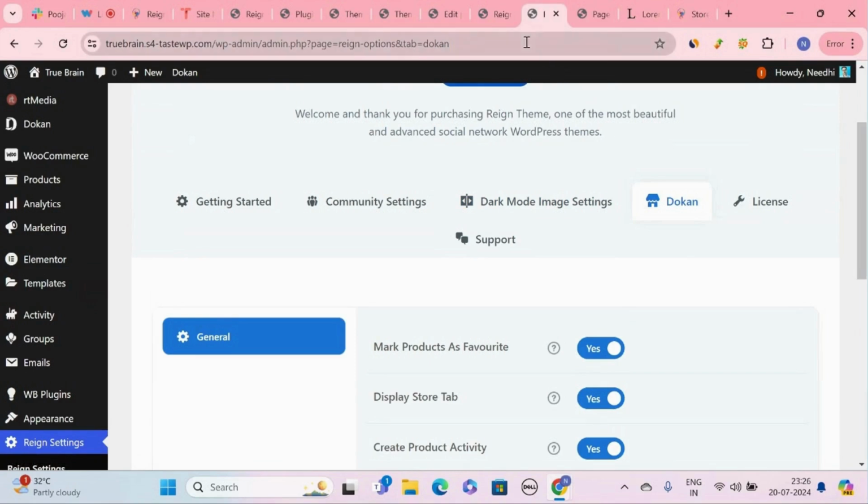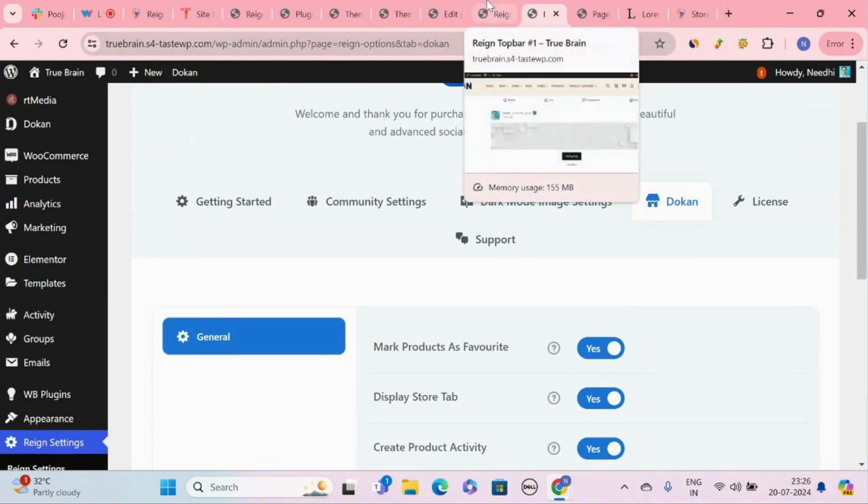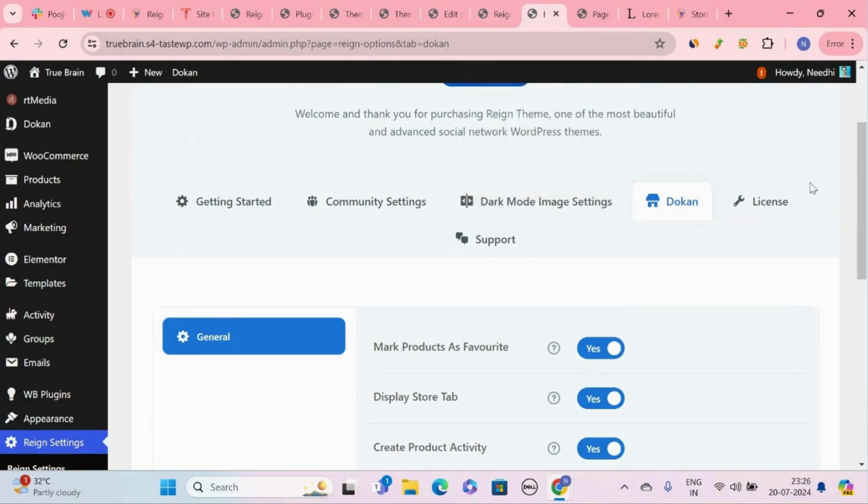Now next, you can add multiple vendors here. You don't need to give them backend access. The vendors will be able to upload the product from the front end itself.